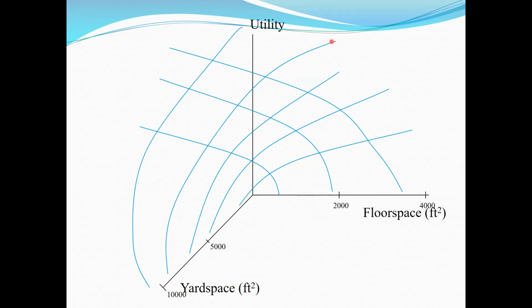And then there is going to be a trade-off. Floor space obviously cannot be zero, because then there is no house really. But if the floor space is small and the yard space is also small, then that house will have very little utility, right? So this is a three-dimensional picture. It's still a little bit hard to imagine, but if you look at this figure right here